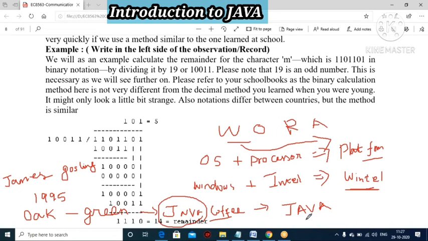Because 100 lakhs of people are working under these development tools, right? And also nowadays you are all using mobile phones, no? Your mobile phone apps and features are developed only with Java. In current trends, 3 billion mobile devices are still active.